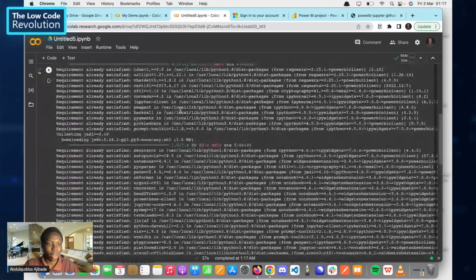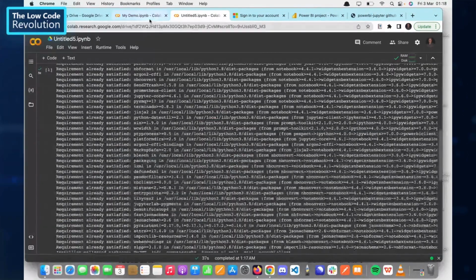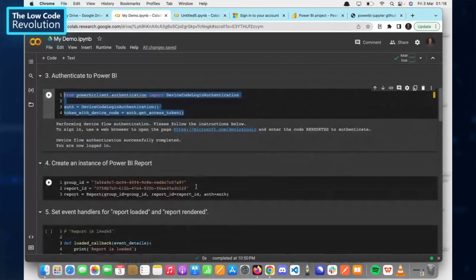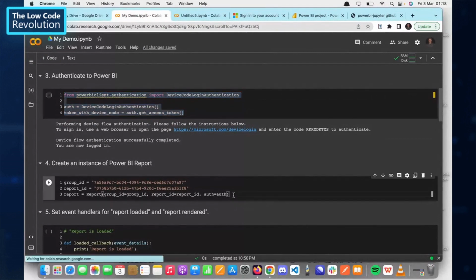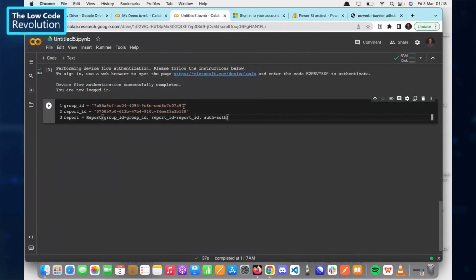So what's the next step? You create an instance of Power BI reports. I also have the code ready. So in order not to waste our time, all right, we paste it right here. And this group ID is actually meant to be my